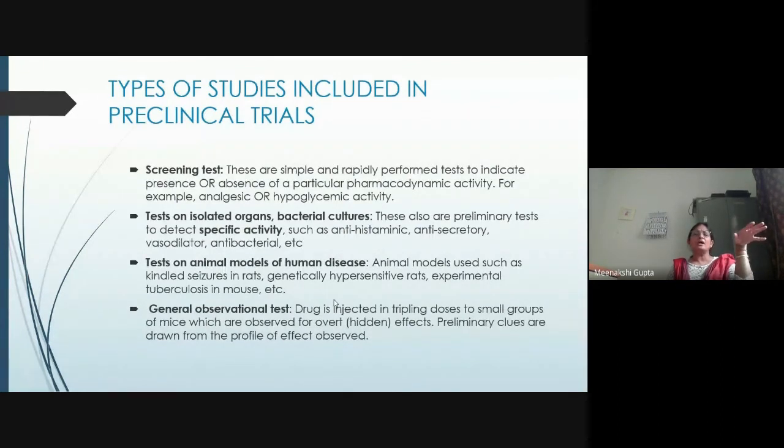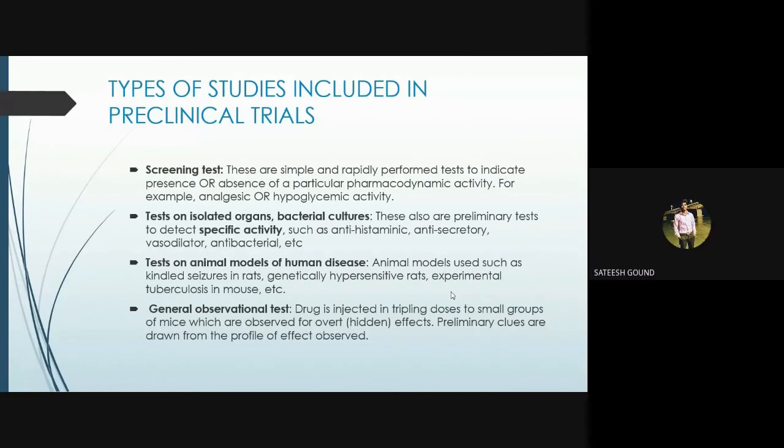So what we expect, we just create an animal model. Whatever disease is caused in humans, we can create it in animals. So we can say that animal models can be prepared easily for testing different types of drugs, and just to know whether a particular drug is effective in that particular disease in the animal model. So clear to everybody?